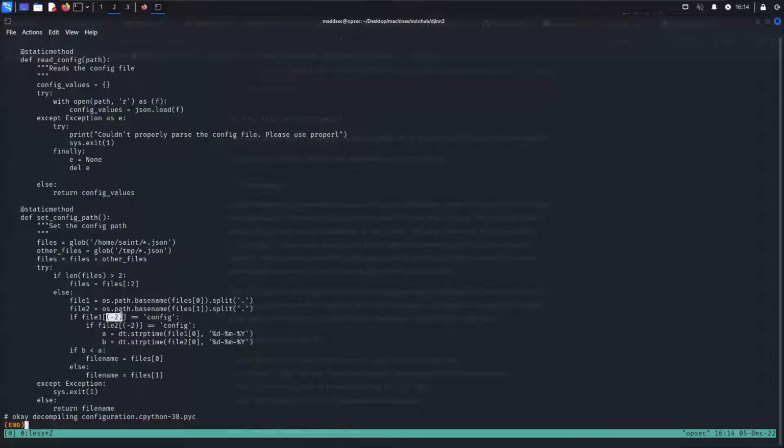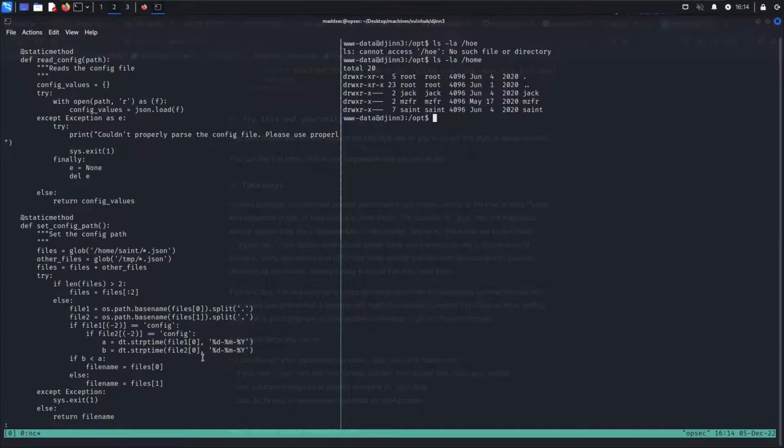I mean, if the very first element in the list divided by dots is equal to config, and if file2 is equal to config as well, then use a dt strip time on files10 and use a format like day, month, year, which is interesting. So what I try to do now, and obviously you will not figure this out at first,